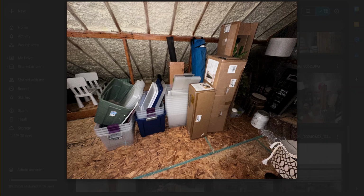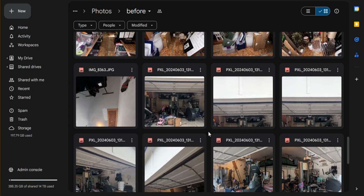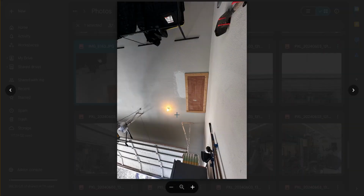The good news about this one is, one, we condition the garage. Secondly, this is an insulated space. And third, these are really good quality clear plastic storage bins, so not the biggest concern. One of the challenges we had, and this is looking up at the ceiling, is the location of the attic